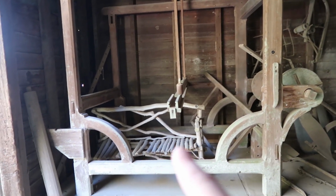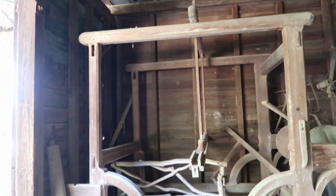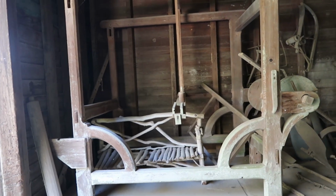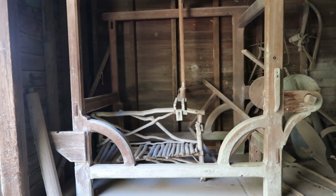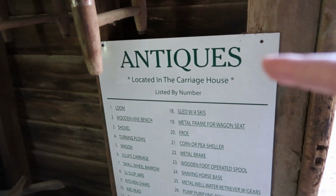And there's a bench behind it. I'm not sure what this thing is. This is the carriage house, by the way, and I know that because there's a carriage in here, but also because it says so on the sign,